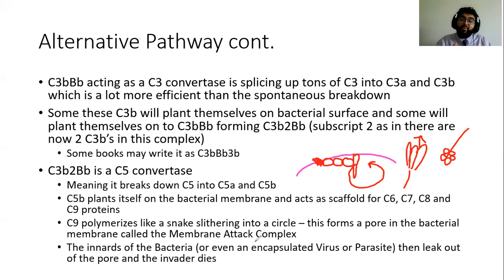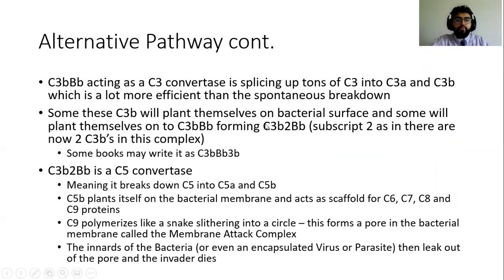And so because there's now a pore in the pathogen membrane, the innards gush out and the pathogen dies. And that's literally the whole point of complement. The whole point of complement is to form membrane attack complexes. Okay? Very good. So now, how do we clear all drawing? Okay. So just again to recap,